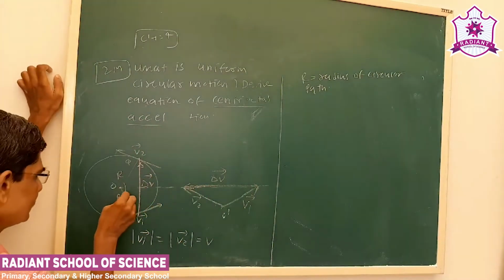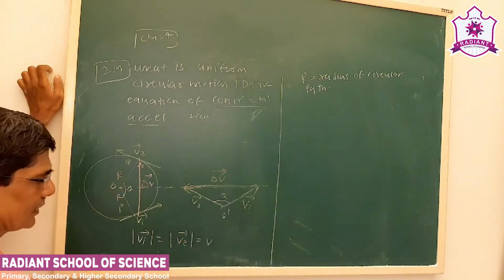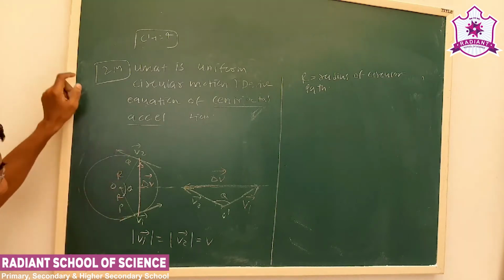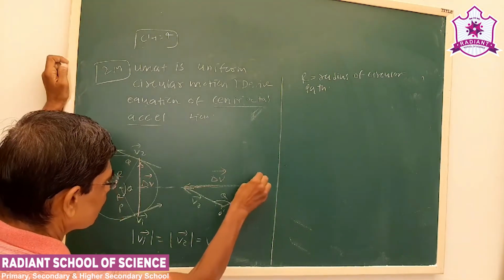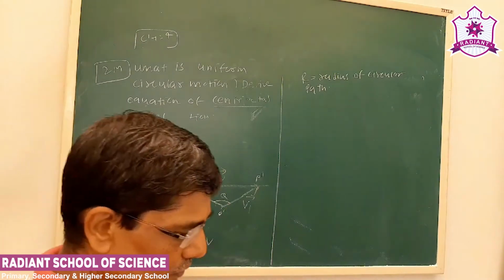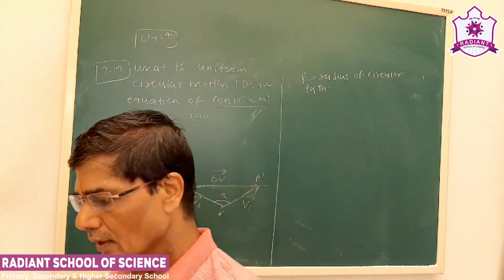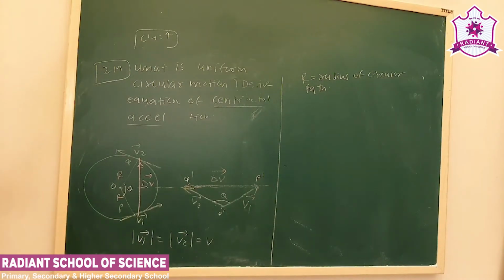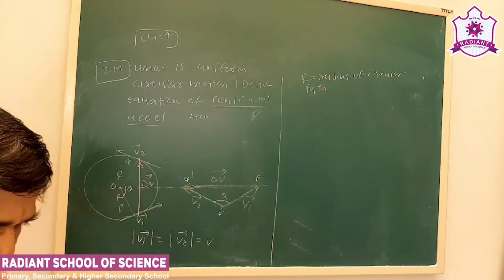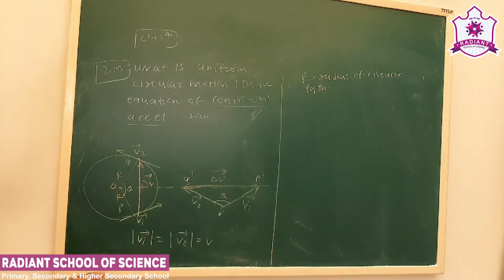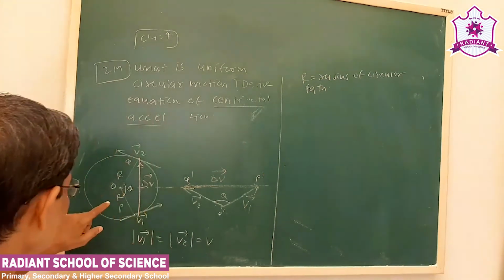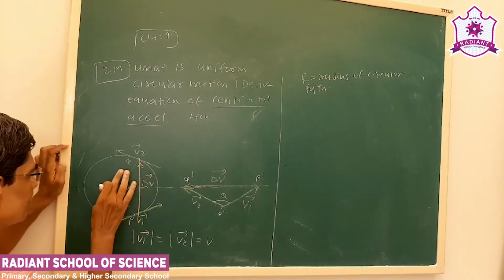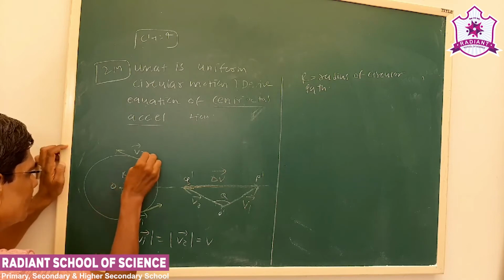Now let us say this theta and theta are same. Now see, consider the geometry of the triangle OPQ and O dash, P dash and Q dash. Now see, in the earlier standard you studied about similarity of the triangles. Okay, earlier standard you studied similarity of the triangle. See how we are going to use that here. See, P is the position, R is the radius. Okay, here also R is the radius, Q is the final position.